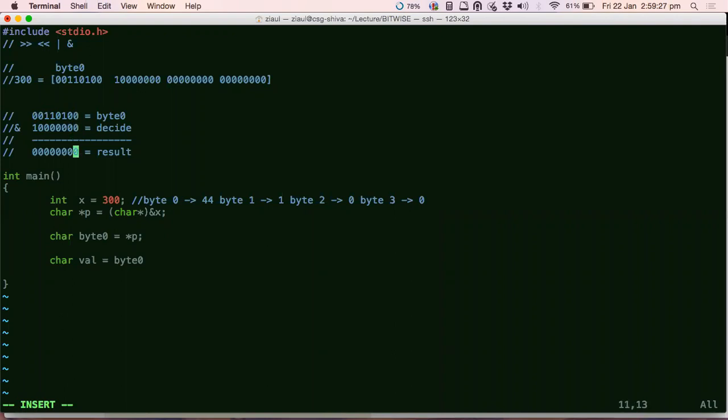Sir, I didn't get where the AND came from. Where did the AND come from, right? The question was, I have byte 0 now with me. From our previous discussion, I got hold of the individual bytes. Now I want to go inside a bit of the byte, but I cannot break the byte. All that you can do is look at an individual bit. You can look at it, but you cannot break the byte.